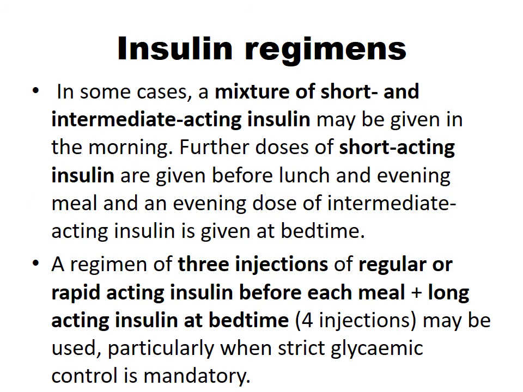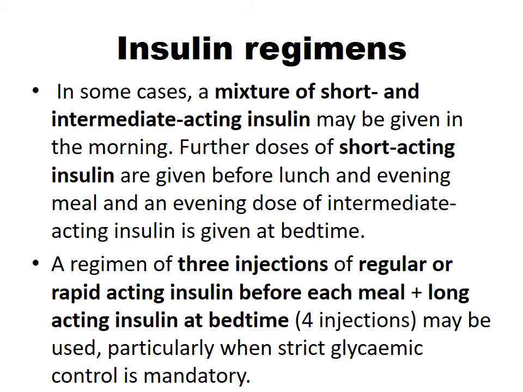Insulin regimes or insulin regimens. In some cases, a mixture of short-acting insulin and intermediate-acting insulin may be given together in the morning, with further doses of short-acting insulin given at meal time, that's before lunch, and in the evening before dinner. Sometimes an evening dose of intermediate-acting insulin may be given at bedtime to control plasma glucose level